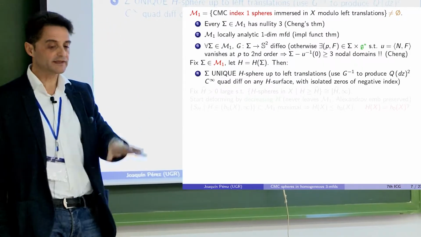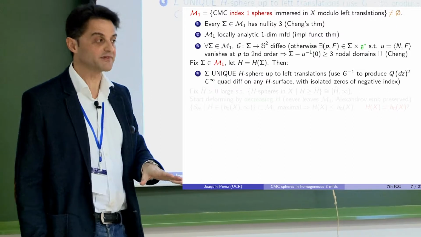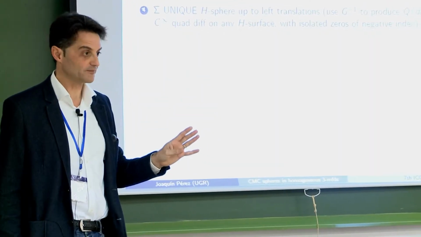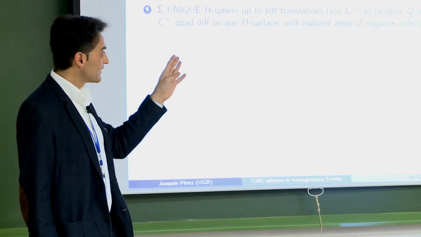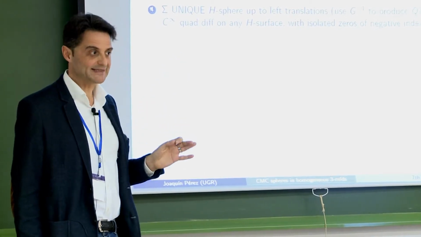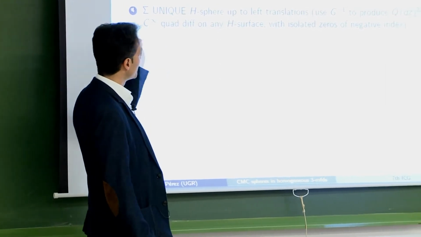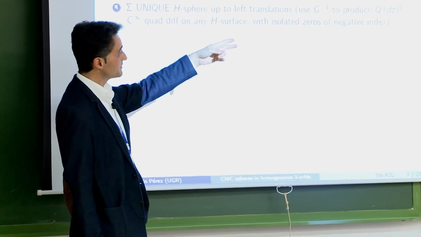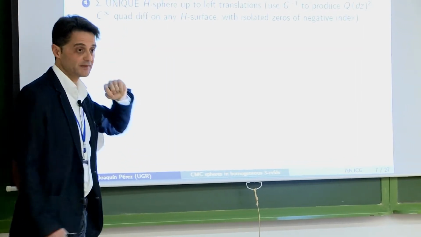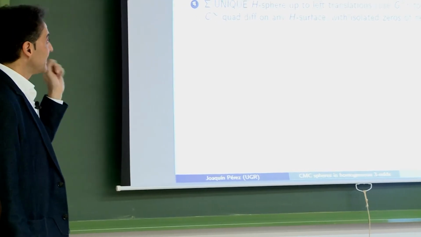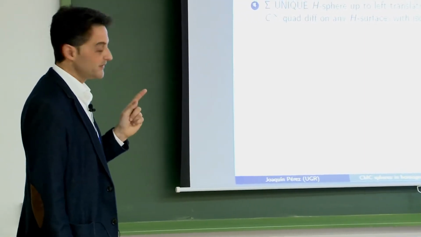So if you are working on a sphere, then the Poincaré-Hopf theorem tells you that that object will vanish identically. And the vanishing of this object is exactly the same as saying that the surface where you have the object defined is a left translation of sigma,